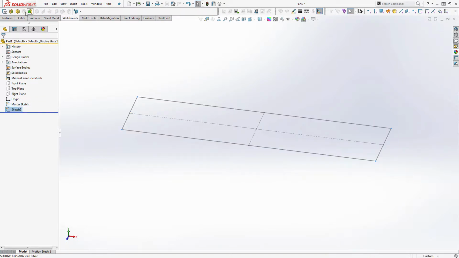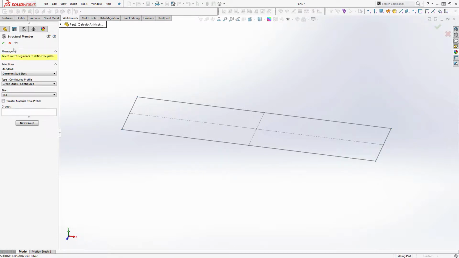And then we're going to go over to Weldments, and if you don't have weldment profiles for lumber, if I get enough requests, I'll post them. I have a library of common stud sizes, but I would just make them up. But yeah, if I get enough requests, we can post them over on GrabCAD. So the lumber we'll be using is 2x6,